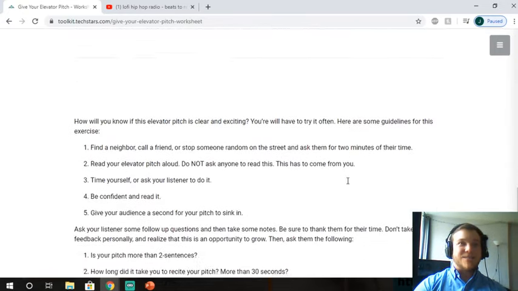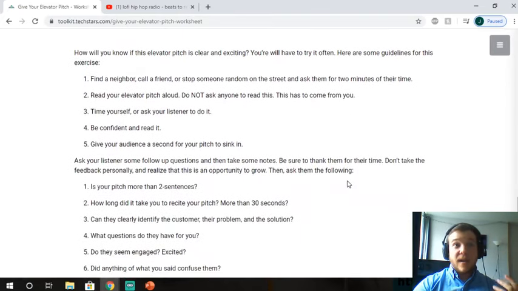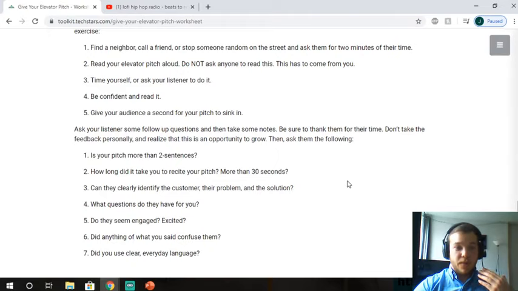And then the last part is essentially just practicing. So practice your pitch and then have some questions for the person you're pitching to afterwards, like what questions they have for you, definitely, but also look at whether they seemed engaged. You can ask, was there anything I said that confused you? Because sometimes people won't naturally say they were confused, but if you give them the opening to say,